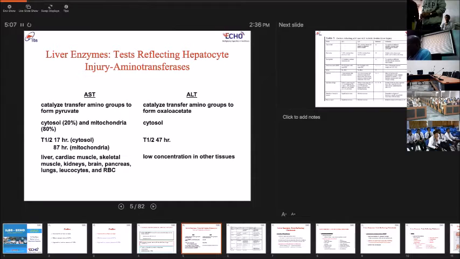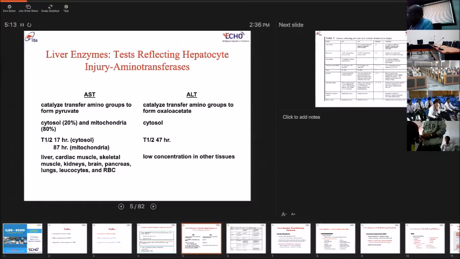Toxins such as alcohol, which cause predominantly mitochondrial damage, will cause predominant elevation of AST as compared to ALT. In viral hepatitis, or primarily in hepatocyte damage, you'll see elevation of ALT more as compared to AST. However, in toxins such as alcohol or in diseases such as Wilson's disease, the elevation of AST is greater than ALT, which usually points towards a specific diagnosis. They indicate damage to the mitochondria initially, followed by the cytoplasm. So AST-ALT elevation can help in initially determining the cause of liver damage.